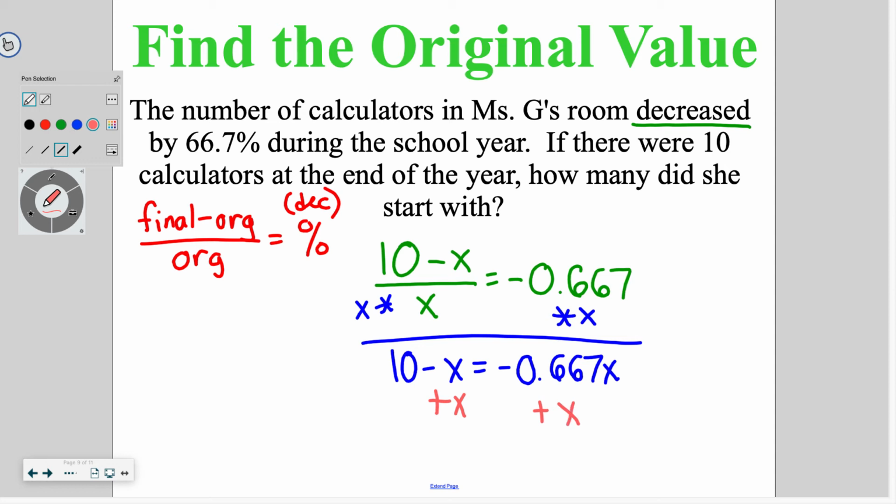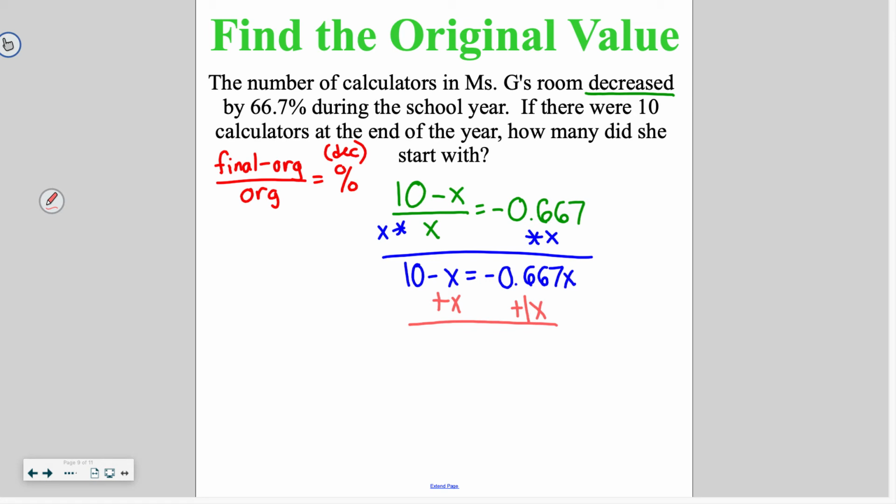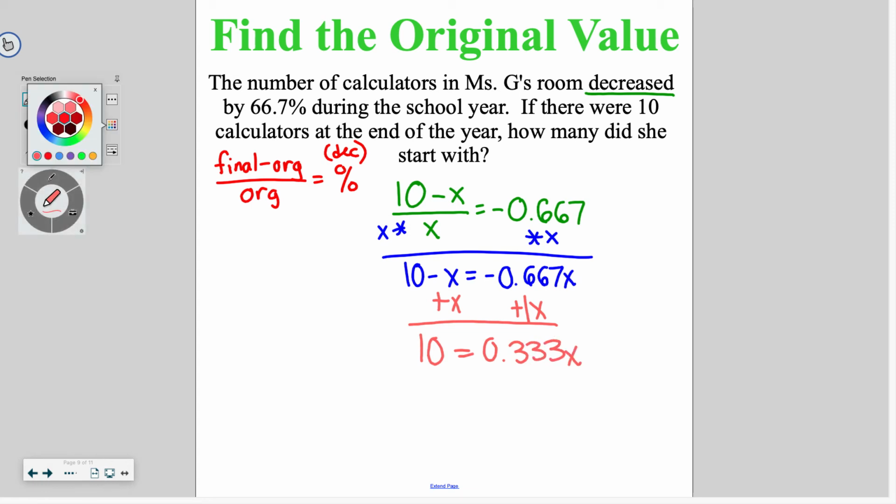Remember, when you're adding x, you are adding 1. So when I do that, I'm going to end up with 10 is equal to 0.333x. My next step in the problem is going to be to divide by 0.333. And when I do that, I'm going to get a value of x is equal to